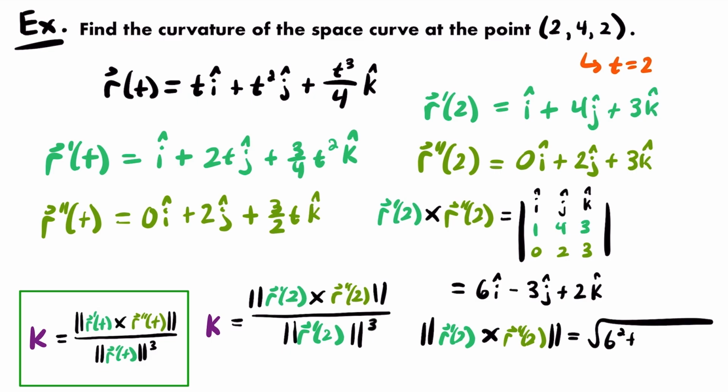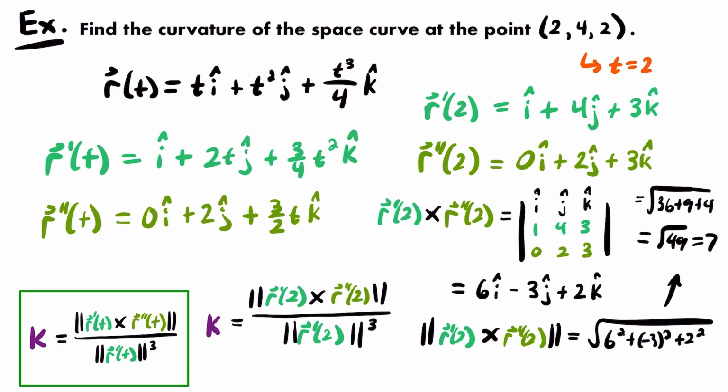So we have 6 squared plus negative 3 squared plus 2 squared. 6 squared is 36. Negative 3 squared is 9. 2 squared is 4. So if we continue the work up here, we'll have the square root of 36 plus 9 plus 4. 4 plus 36 is 40, plus 9 is 49. So we get the square root of 49, which is 7. So the magnitude of the cross product of these two vectors for the numerator of our curvature